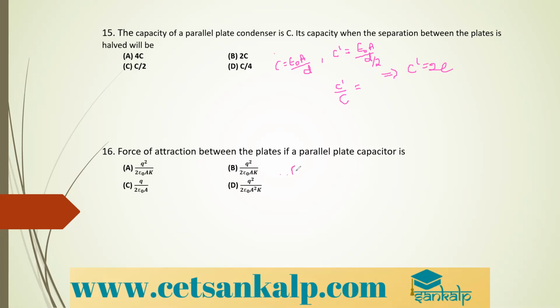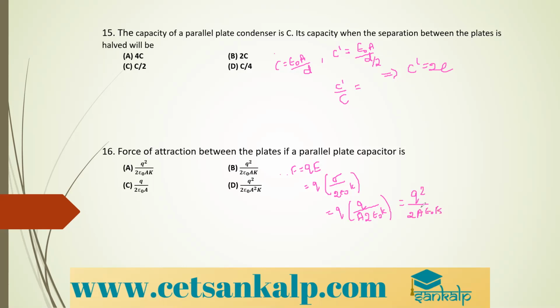So as we know, the force is equal to, based on the electric field and charge relation, F is equal to Q into E. So this Q I'll write as it is, and the E value is sigma divided by 2 epsilon naught into K. This is equal to Q into bracket. Here we can substitute the value of sigma also. Sigma is what? Charge density, that is nothing but Q divided by A. Therefore, it becomes Q divided by A into 2 epsilon naught into K. So this is equal to Q into Q, it becomes Q square divided by 2A epsilon naught into K.